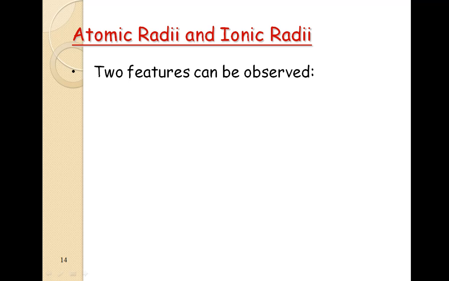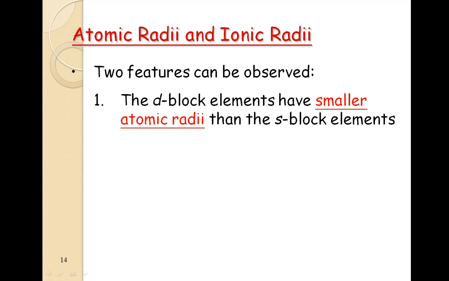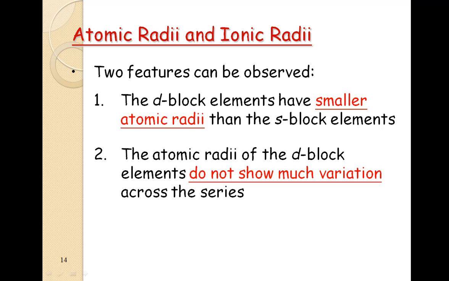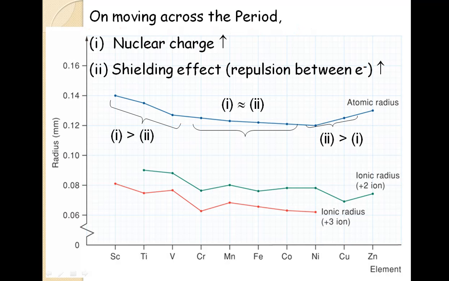Two features can be observed here. Number one, D block elements have smaller atomic radii than the F block elements. And number two, atomic radii of D block elements do not show much variation across the series. Let us take the example